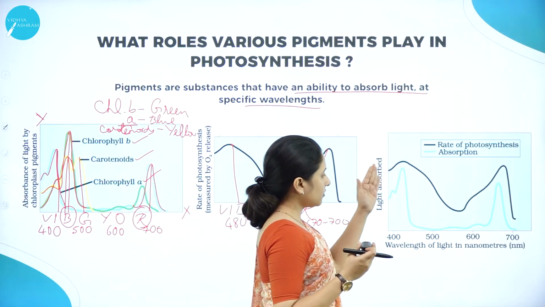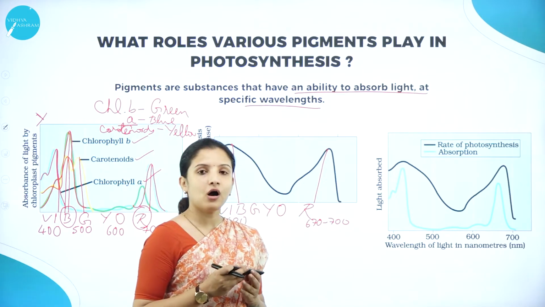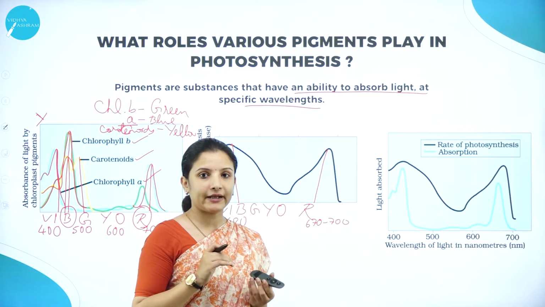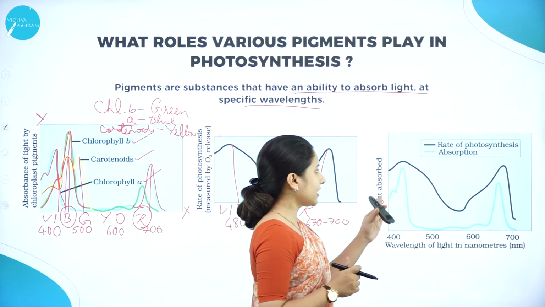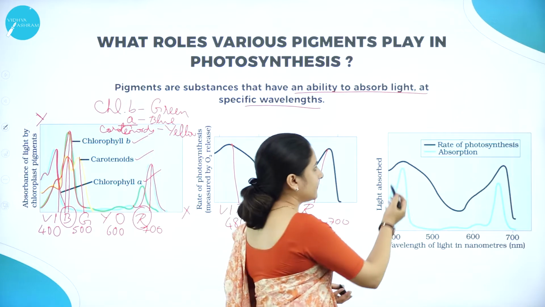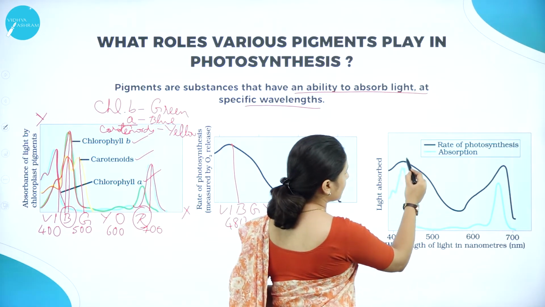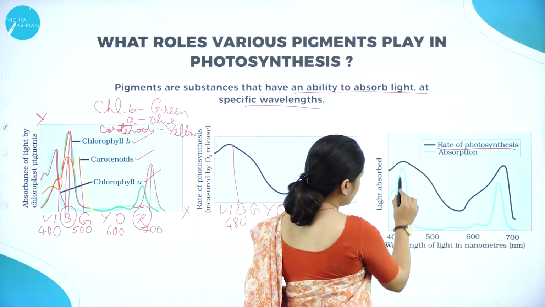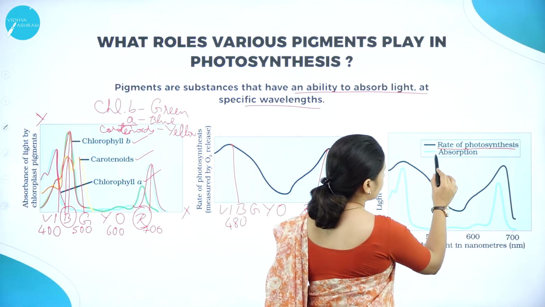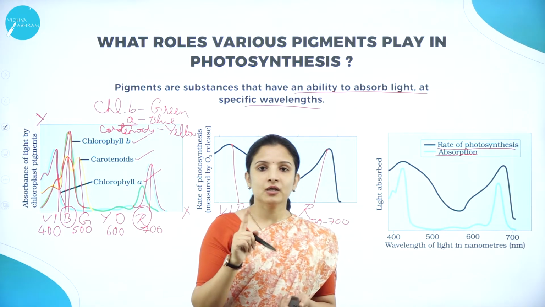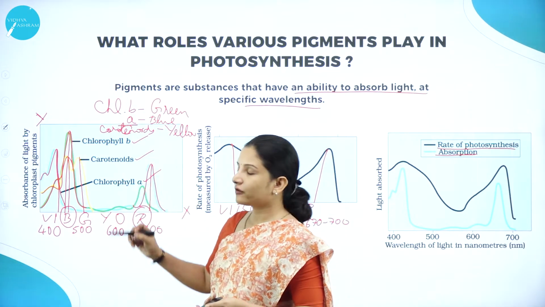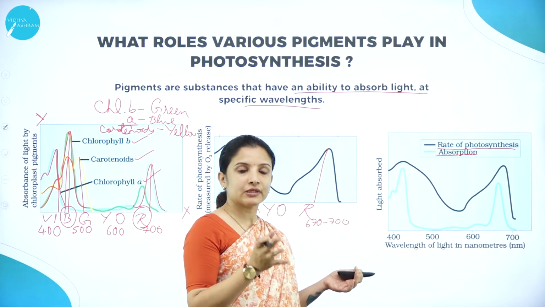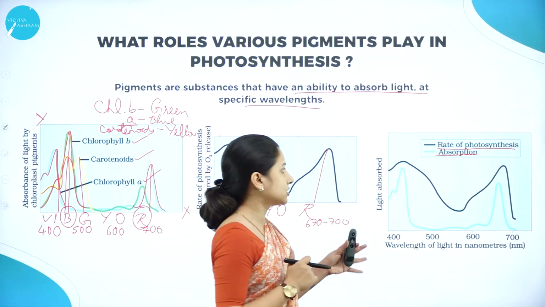So now after that they wanted to know how much light is absorbed, exactly at what nanometer the light is absorbed. So to know that, they plotted again a graph wherein you can see the black line that is there, it is the rate of photosynthesis, and the blue line that is shown here, it is the absorption. Why have they given the blue line? Because the blue line is related to chlorophyll A, right? So that is what they use, because we are talking about chlorophyll A now, because that is the one that actually mainly participates in the photosynthesis process.